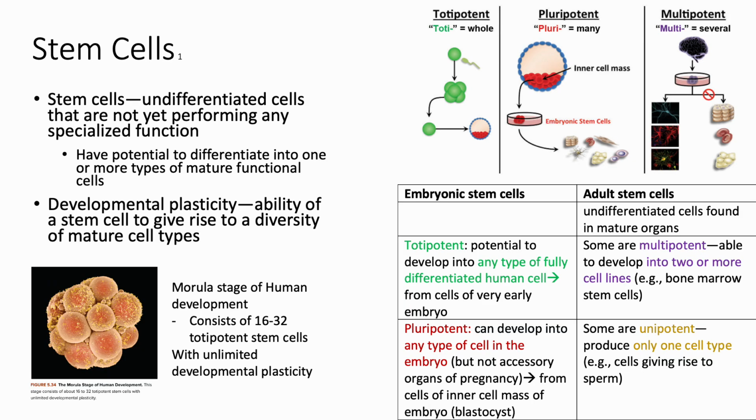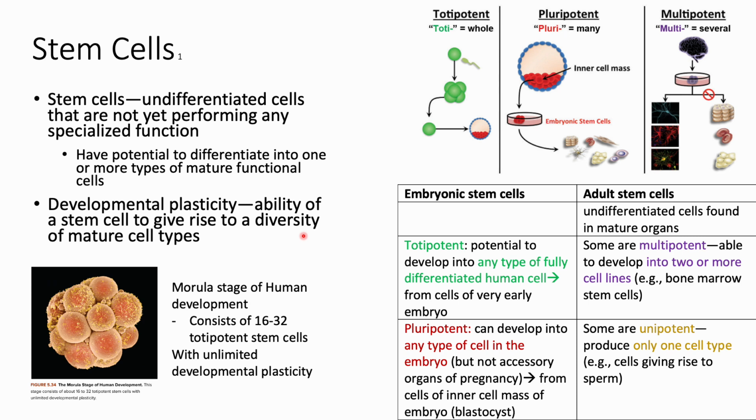Alright, so let's continue with stem cells. Stem cells are undifferentiated cells that are not yet performing any specialized function. They have the potential to differentiate into one or more types of mature functional cells. That's because these stem cells have developmental plasticity, the ability of a stem cell to give rise to a diversity of mature cell types. For example,